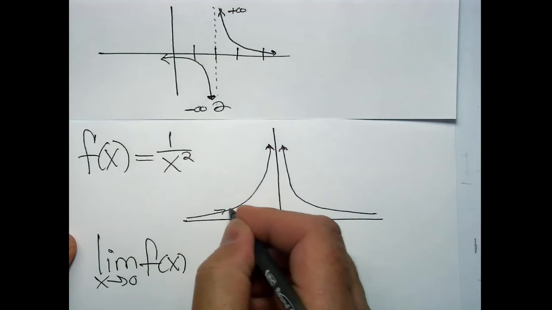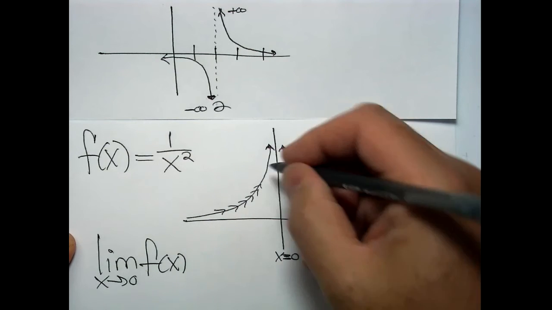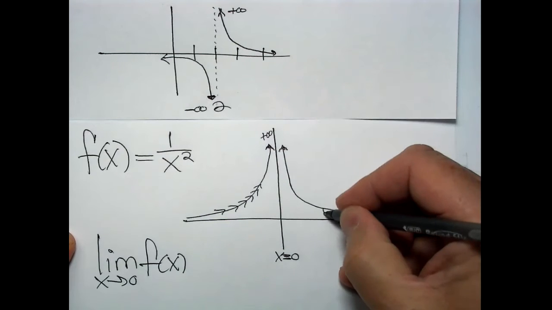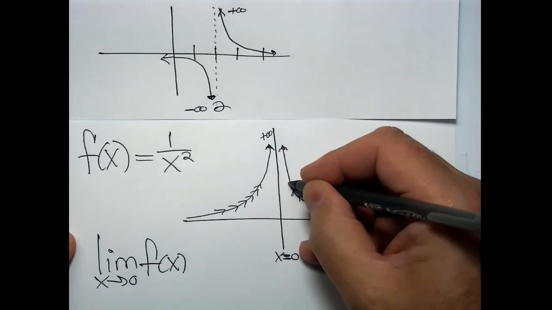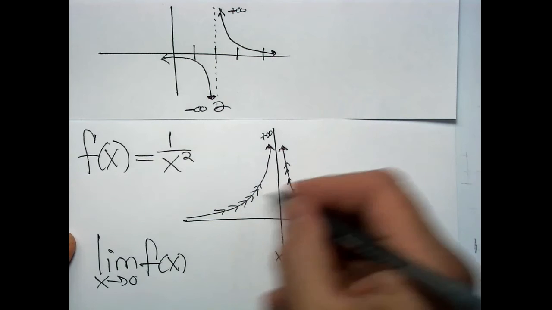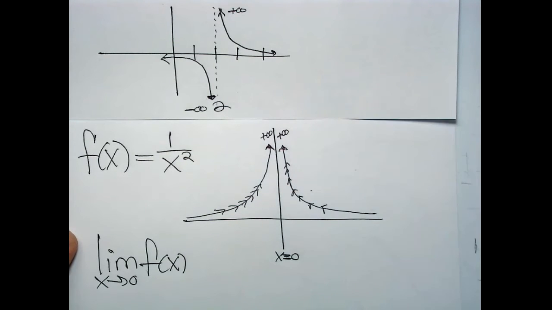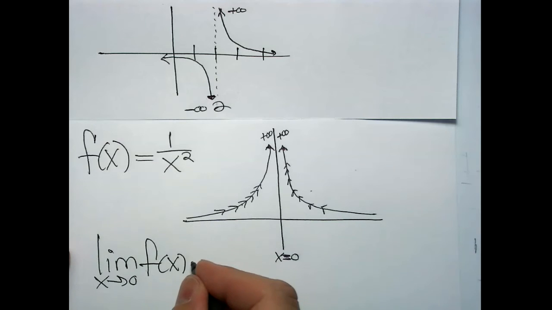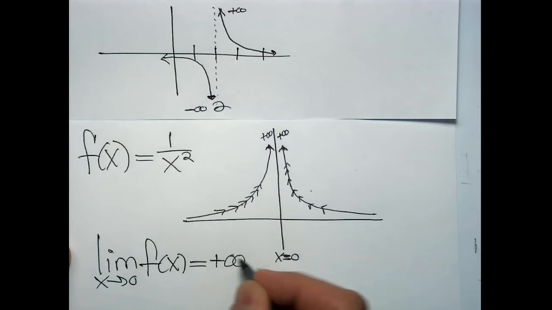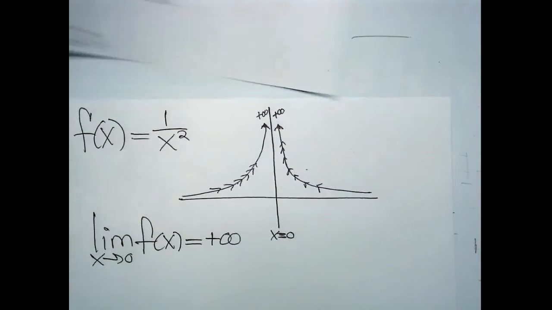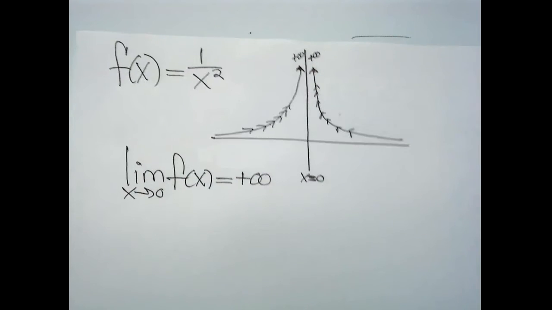If we come at x equals 0 from the left side, it appears that the trend is positive infinity. If we come at x equals 0 from the right side, we also are trending the same way. We have some kind of agreement here. So when we have agreement, we can call it out and say, look, we came from both sides and we're all in agreement that we're headed somewhere. So I would answer this question by saying we're heading somewhere that's known. It's positive infinity. We can't ever reach it, but at least we know where we're headed in this particular example,